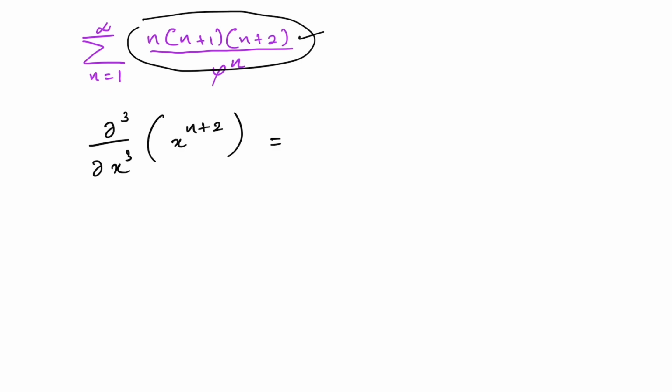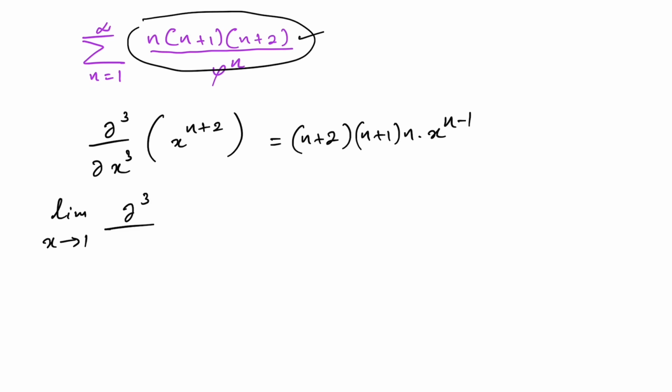If we take the first derivative, we have (n+2) times x to the n+1. If we take the second derivative, we have (n+1) times x to the n. Then the third derivative gives n times x to the n minus 1. Now I'm going to take the limit, so if we take the limit as x approaches 1, the third derivative of x to the n+2